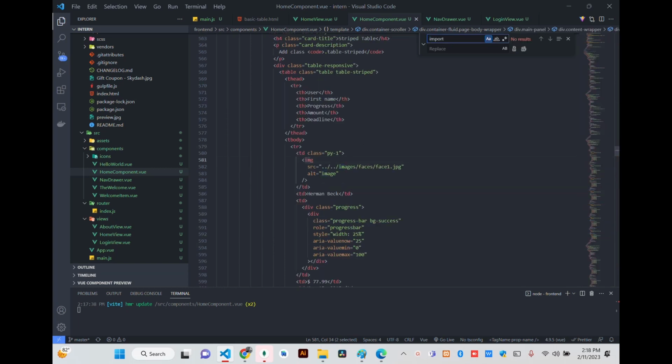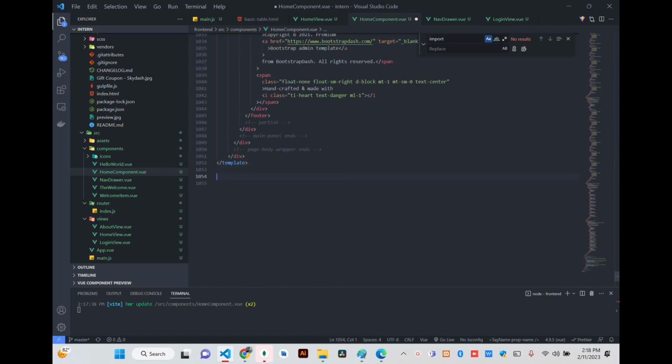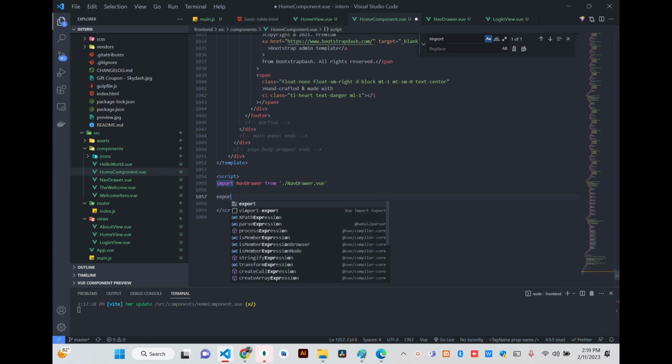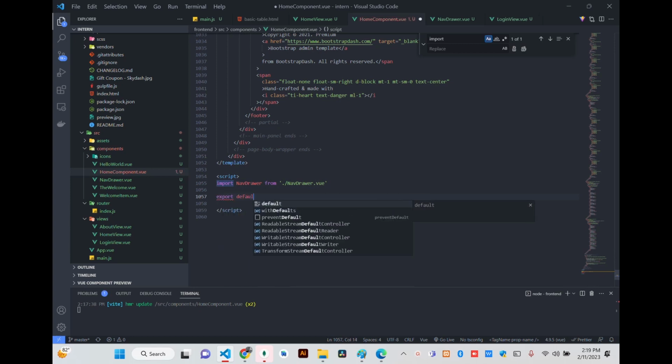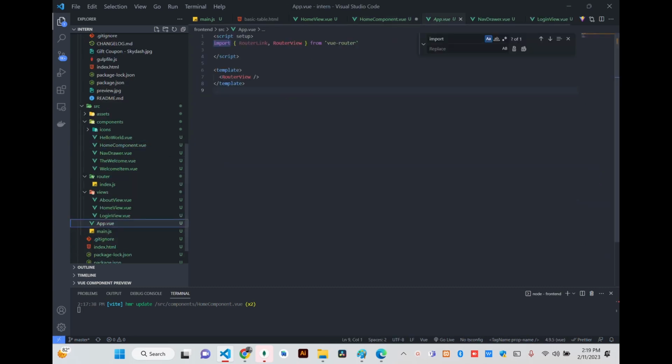So out of that, let's import this component in here. We have called this nav drawer. So let's go to imports. We go down to the last of this, and then create. There's template, then there's script. So we just create script. Then inside here we say import nav drawer from. This is inside components. If you say it that way, it will be on this folder. Then you say nav drawer. So once we import this, then you say export